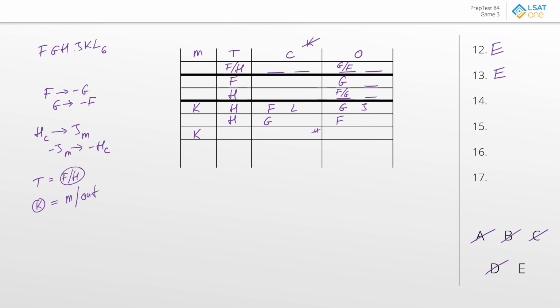Seems like it's pretty open still, though, because H could still be in the treasury or out. So it doesn't seem like we can do much at this point. The question, though, you'll notice at this point really only just asks who cannot be a councillor, and I guess we've already answered that question. H at the moment certainly cannot be a councillor. So the best answer for question number 16 then is C.